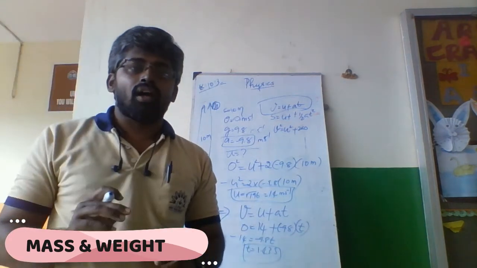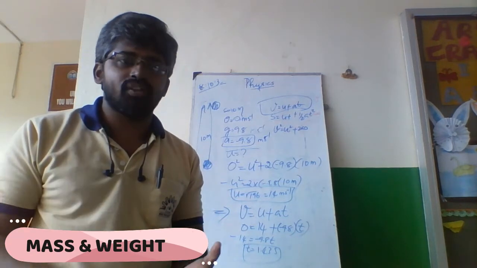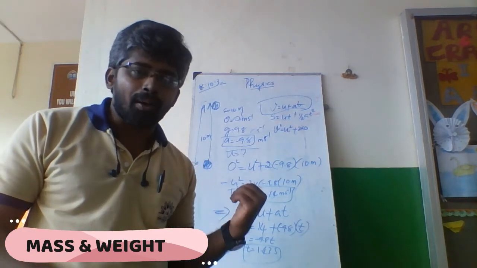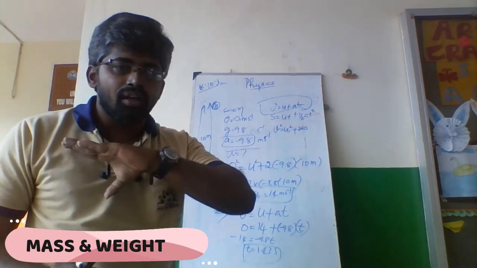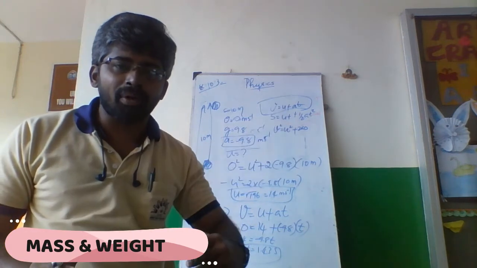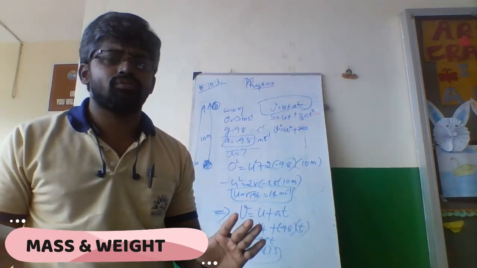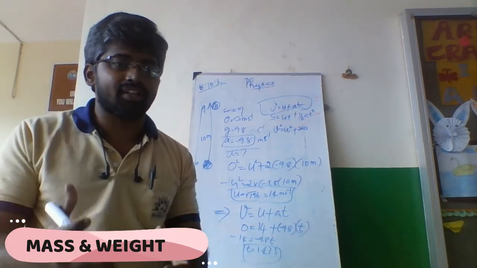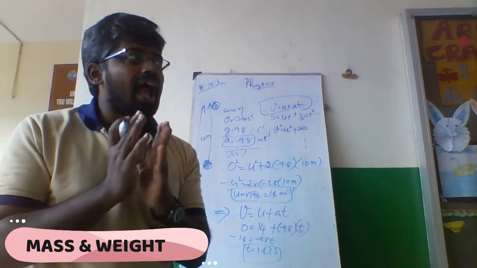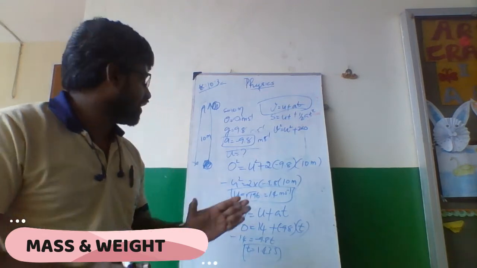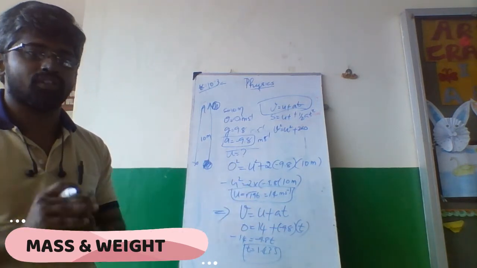We have already done all these three equations. You know all these three equations. Now we are applying them to the vertical motion. We dealt with the horizontal motion before. Now we are applying them to the vertical motion. So a is changed into g. There we find acceleration, but here we don't find acceleration, because whatever be the mass of the object, acceleration due to gravity is 9.8 meter per second squared on Earth. Now that's over.